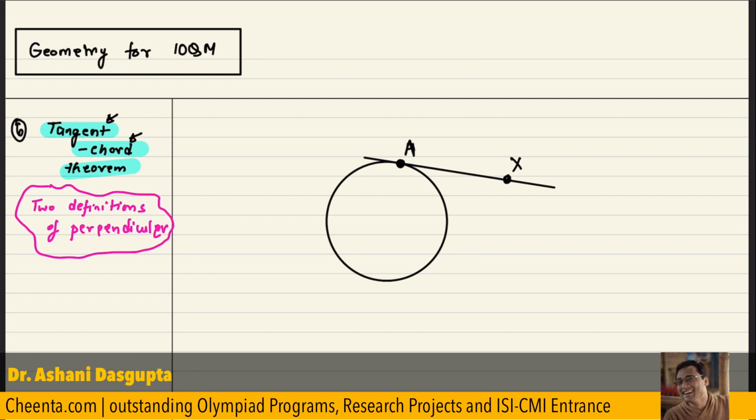And let's draw a chord AB from the point of tangency. That's important. So this angle right here, this is the angle XAB, which is basically the tangent to chord angle or chord to tangent angle. The theorem says that this angle is equal to another angle which is made by the chord